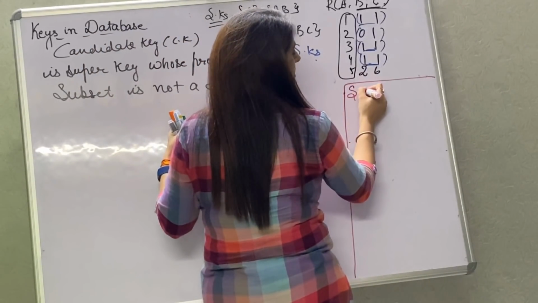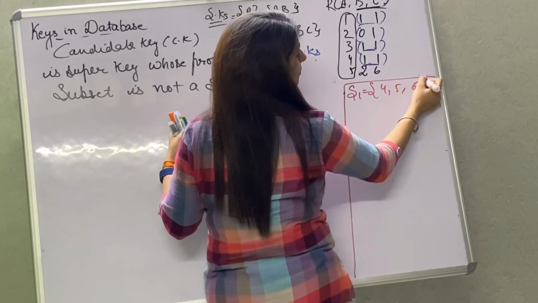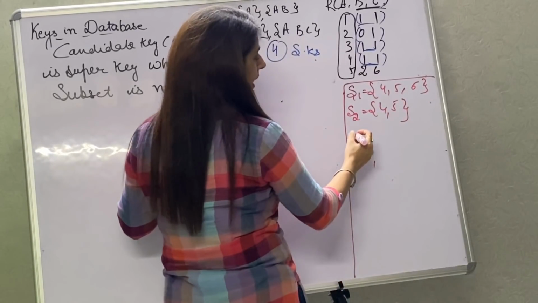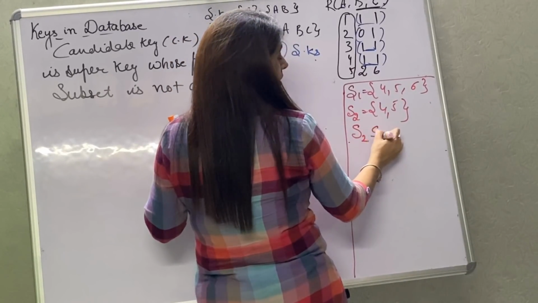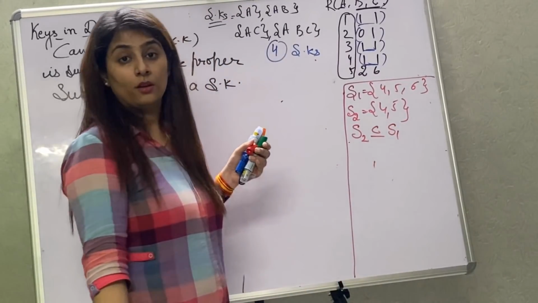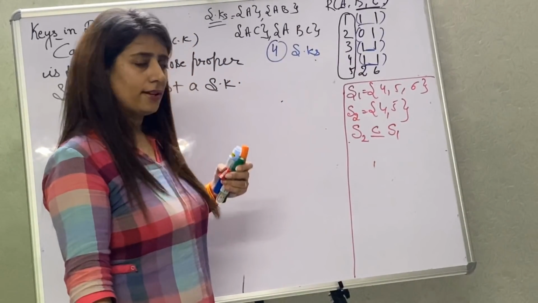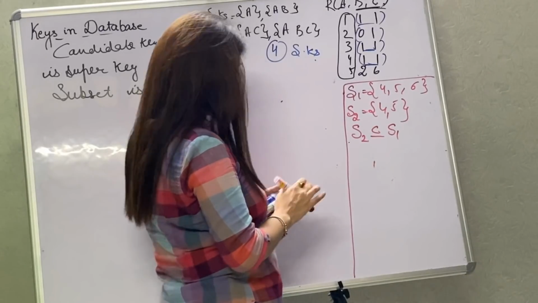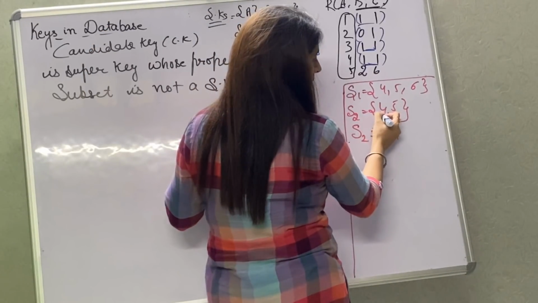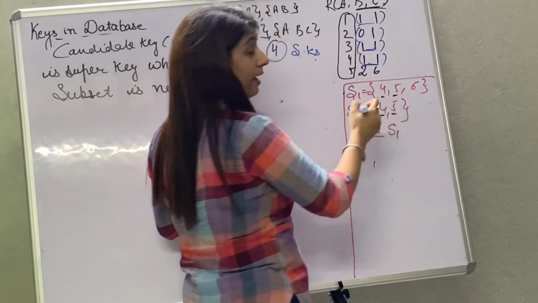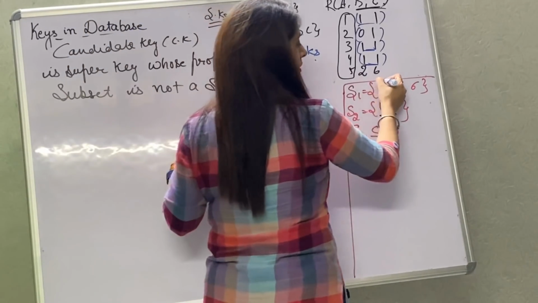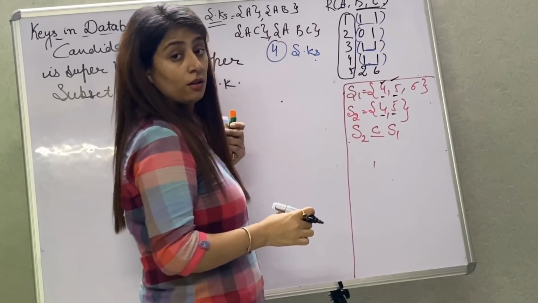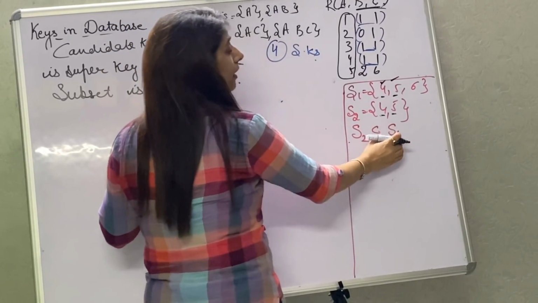Just suppose I have one set here, that is 4, 5 and 6. And the second is 4 and 5. And I am saying that S2 is a subset of S1. How is it possible? How can I say that? So let's see. 4 and 5. The values of 4 and 5 here are included in the S1 set. Yes, they are here. That means the whole set of S2 values is present in S1. So that's why S2 is a subset of S1.